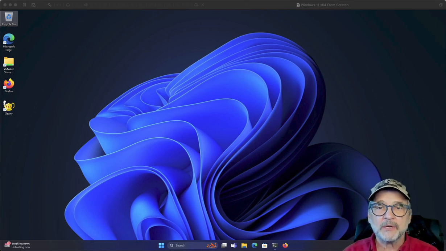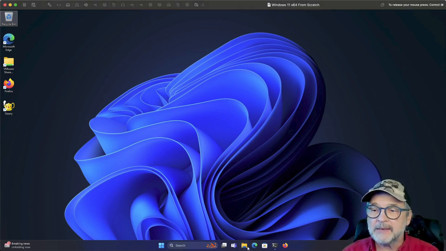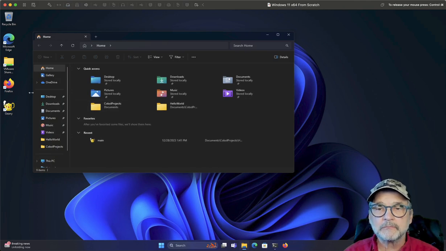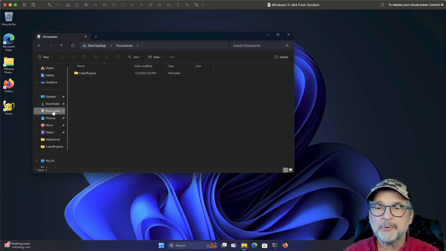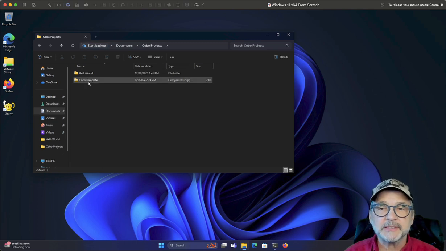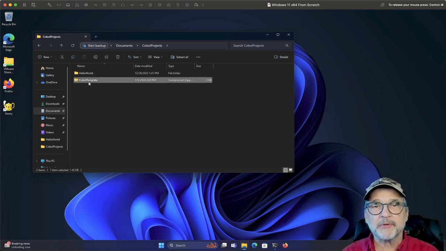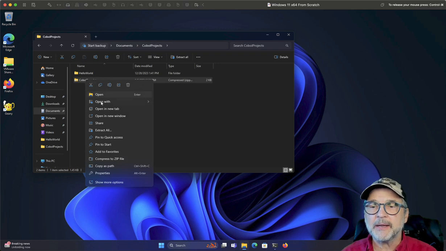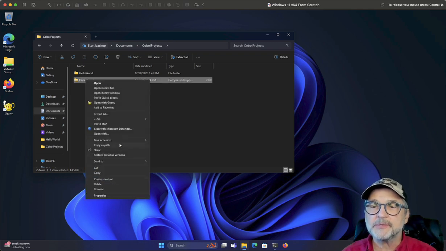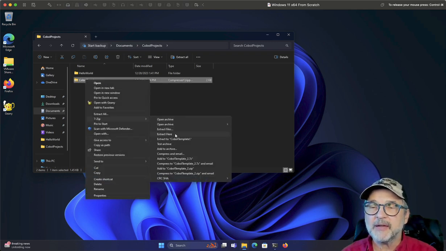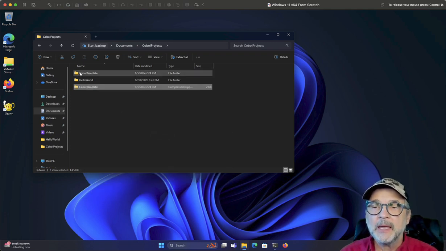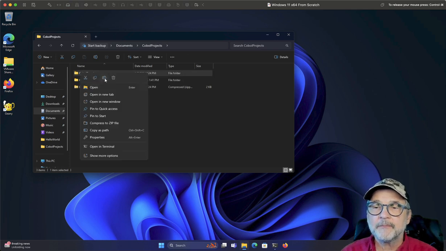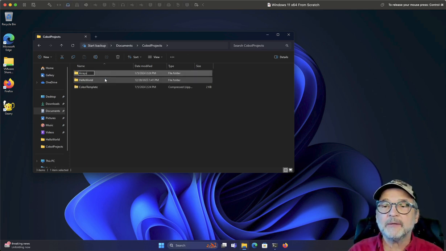Okay, so we're going to do this on Windows this time. I downloaded my COBOL template and I put it in Documents under my COBOL projects, and there's my COBOL template. I'll put another link to that in the description of this video. I'm just going to right click on it, go to Show more options, 7-Zip, my favorite zip program, and just Extract here. And then I'm going to rename it, and I'm going to call this arrays